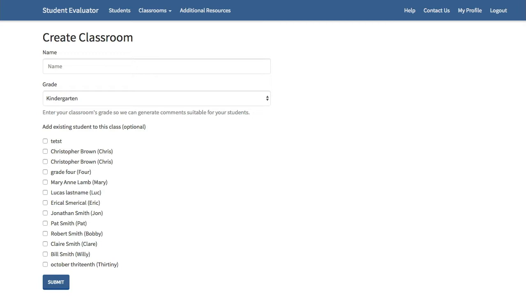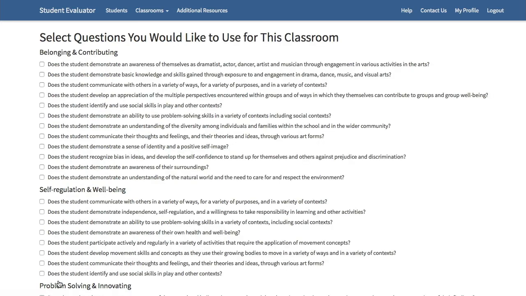Today we're going to have a quick look at how to create a kindergarten classroom and create a kindergarten report. So we're at the Create Classroom page. We're going to name our class as a kindergarten test class. If you have existing students already in the system, you can just check beside their name to add them quickly to the class. We're going to start off with a new class today and we're going to create a new student as well. So to create the class, simply click Submit,